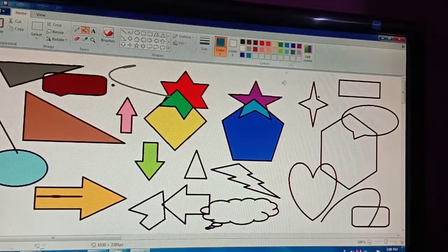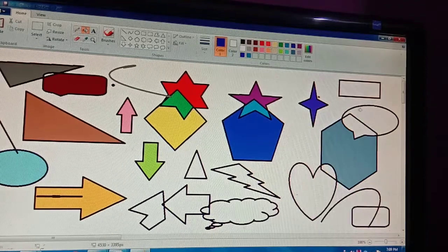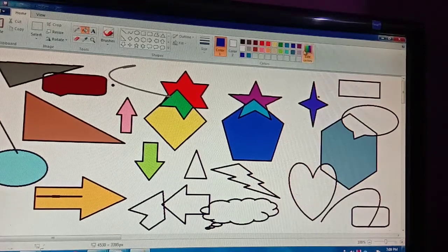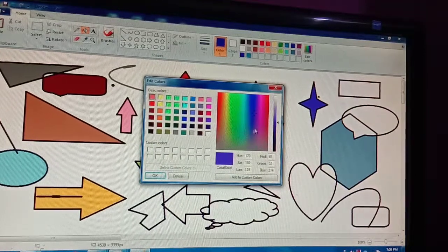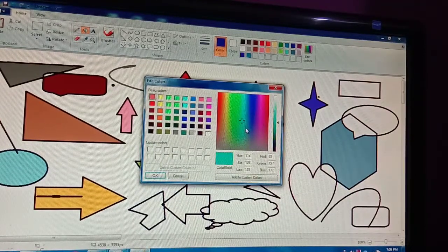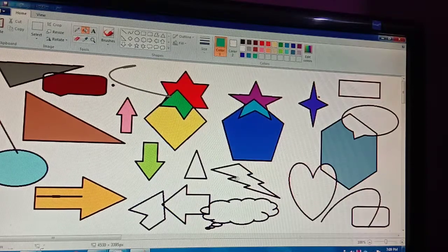Okay, so this is also a different color. So all my colors are used. So now I will edit the colors. Okay, so I want to make a color like this. Okay, so now a different color is there. So see, a different color is there.